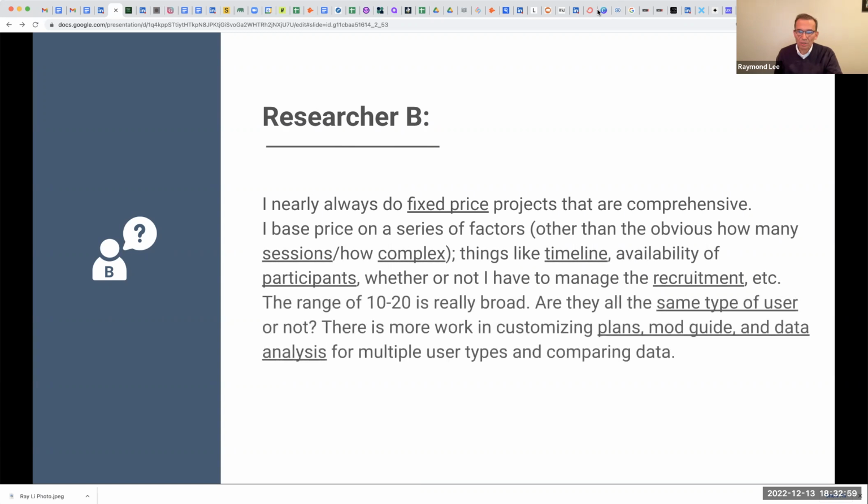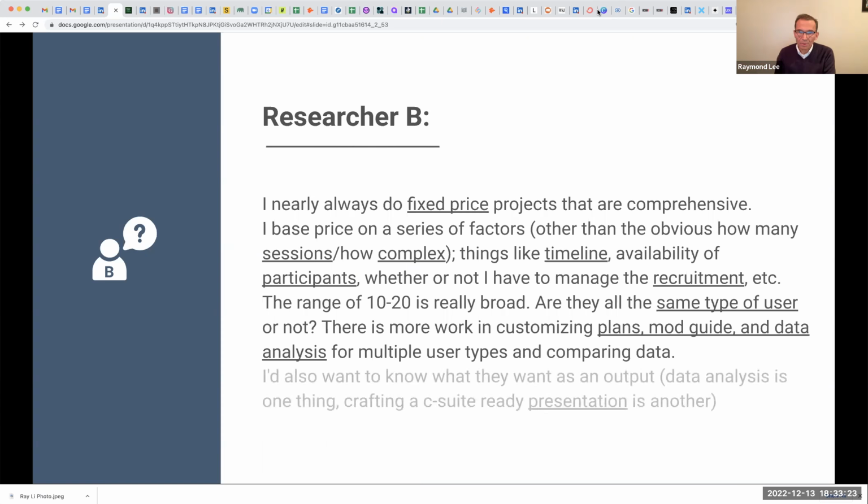The range of 10 to 20 is really broad. Are they all the same type of user or not? There's more work in customizing plans, moderator guides, data analysis for multiple user types and comparing the data. All very good points that would make the study more complex, more time consuming.